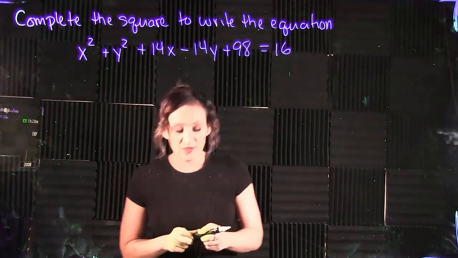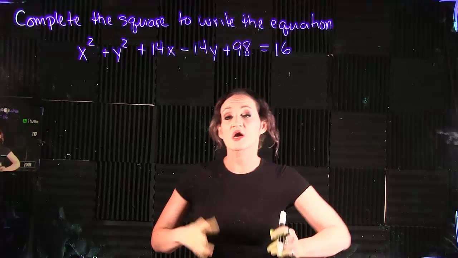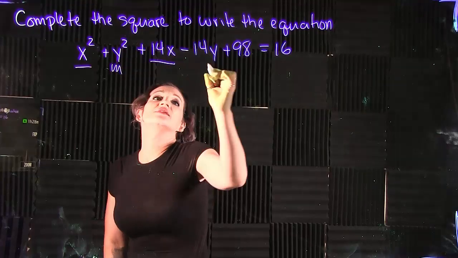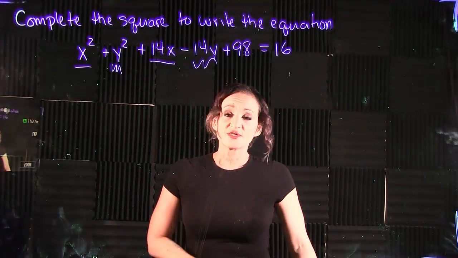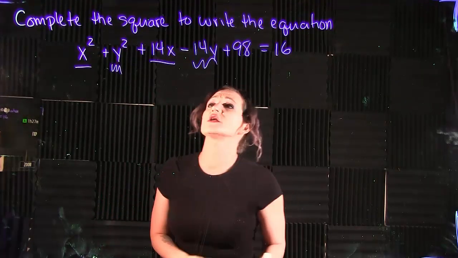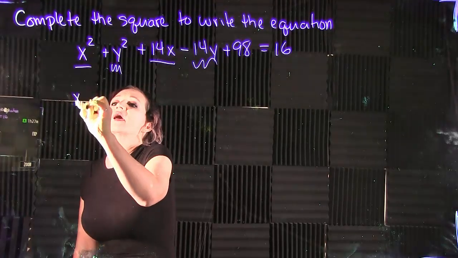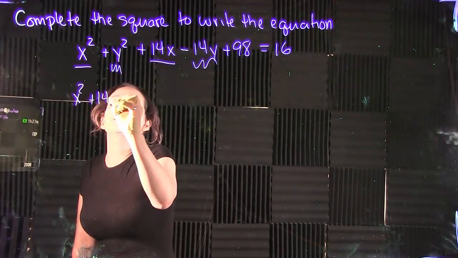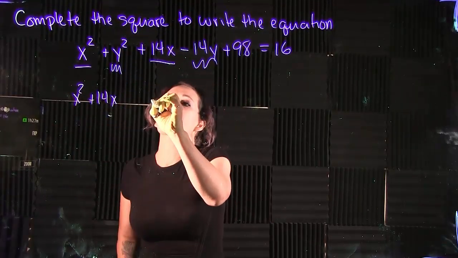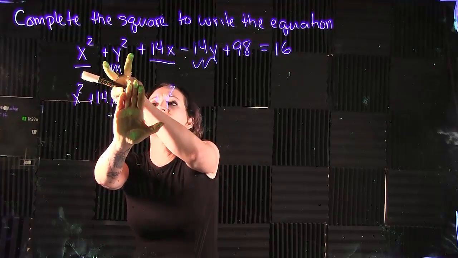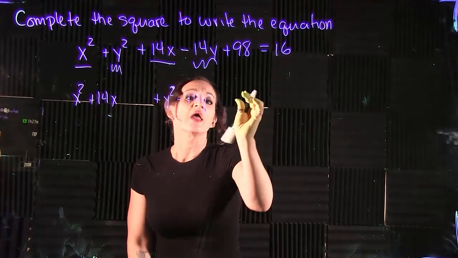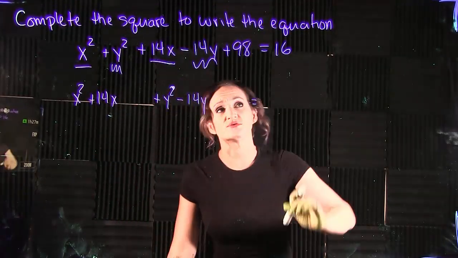Now, when we complete the square of a circle here, we're completing the square twice. Once with the x values, and the second time with the y values. So step one in this process, we're going to have to do a little bit of rearranging. Let's group the x values together, like x squared plus the 14x. We want anything with an x together here. I'm going to leave a space, and then I'm going to add in the y values. So I'm going to drop down this plus y squared, and then I have this minus 14y here. I'm going to leave a space, and that's going to equal to, we have a 16 on the other